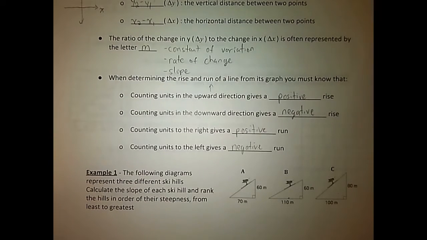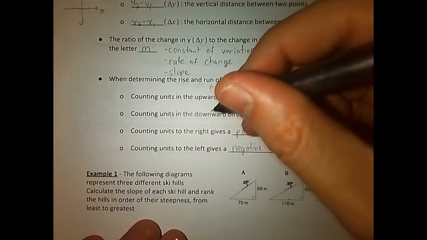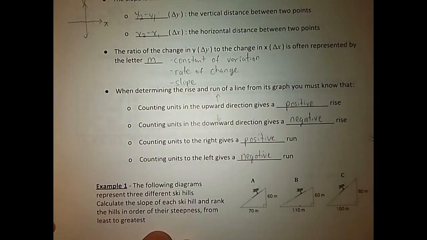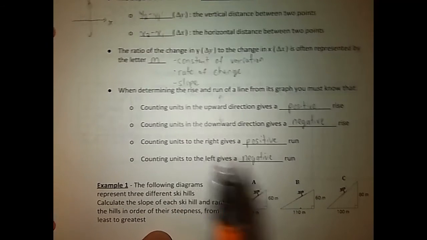Now the way that I usually teach it is, I find that students get confused with the left and the right, which is normal. I think anyone would have that problem. So I like to think of up and down as the easy ones. So I always say that whenever we're counting the run or the horizontal distance, we always go